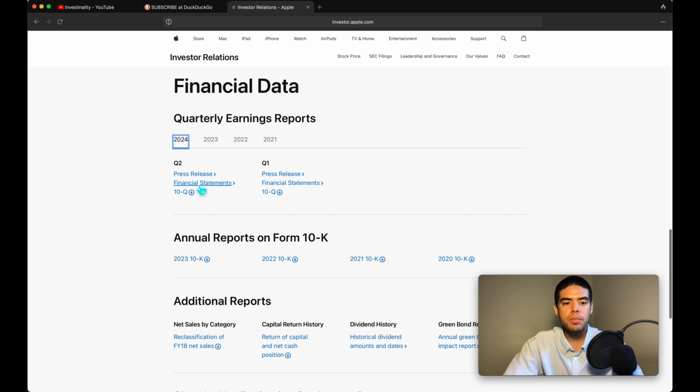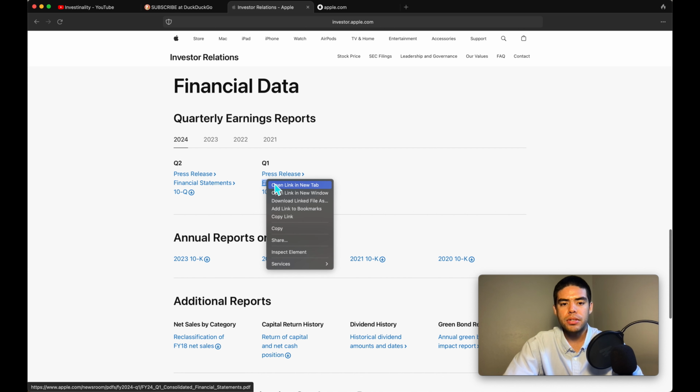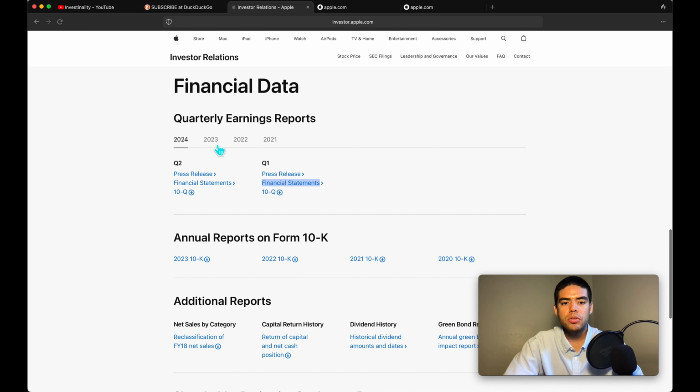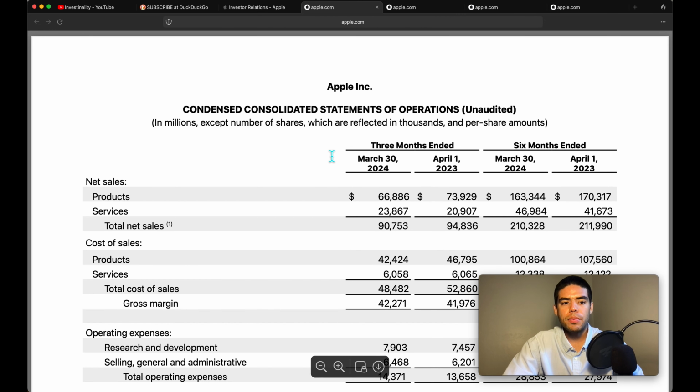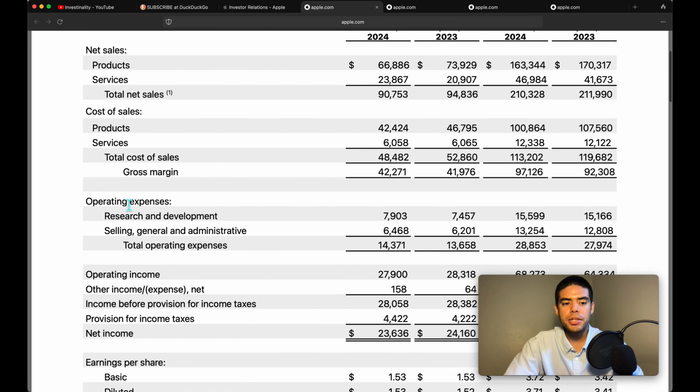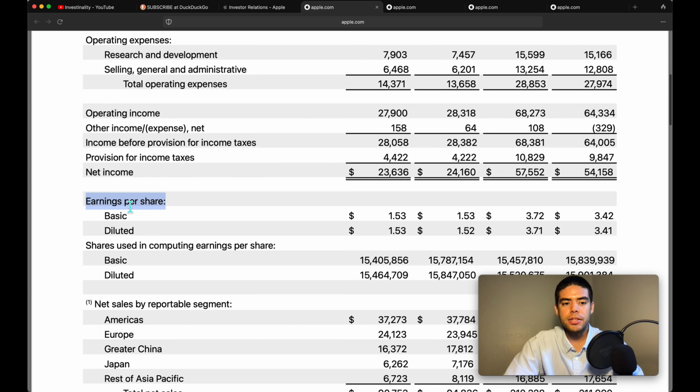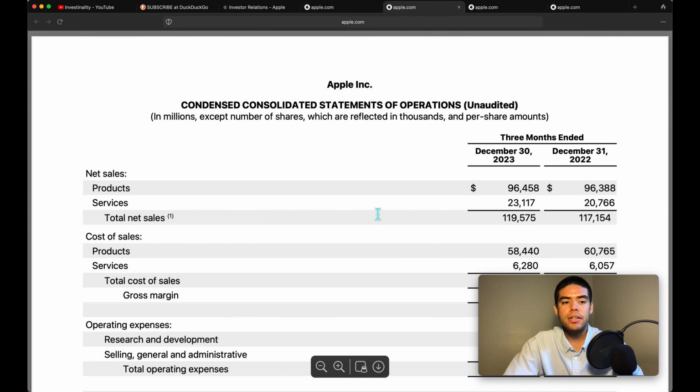So once we open those up, we're going to go to financial statements for 2024 Q2, 2024 Q1, 2023 Q4, and 2023 Q3. Opening those up, we can see that we have, again, net sales, cost of sales, operating expenses, and most importantly, earnings per share. So the basic earnings per share for that quarter was 1.53, and the diluted earnings per share for that quarter was also 1.53. So this is the value that we're going to be using alongside the earnings per share of